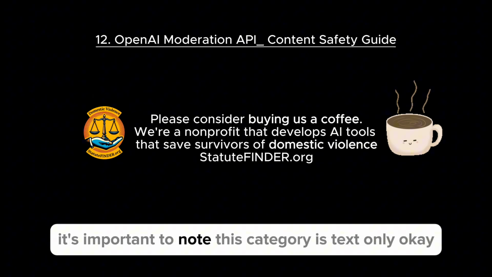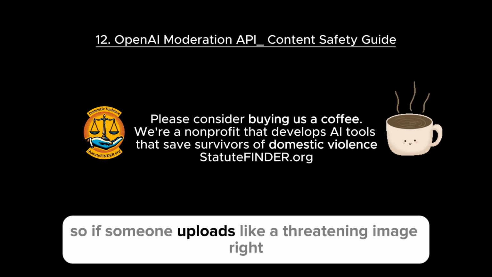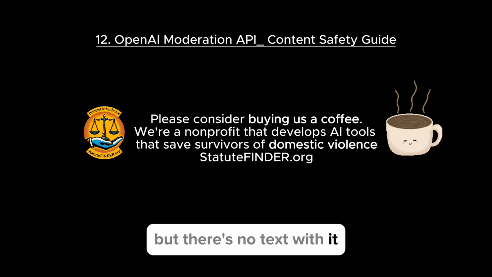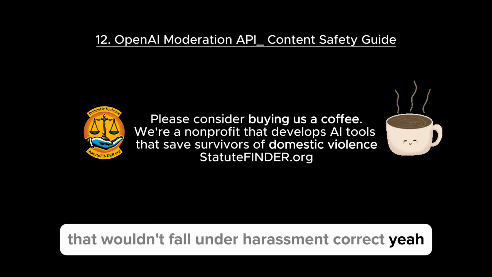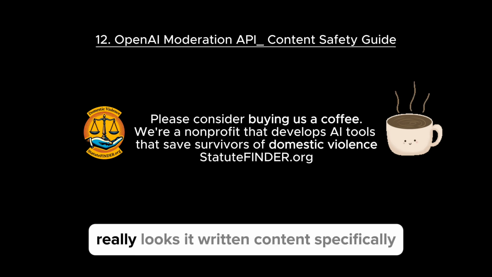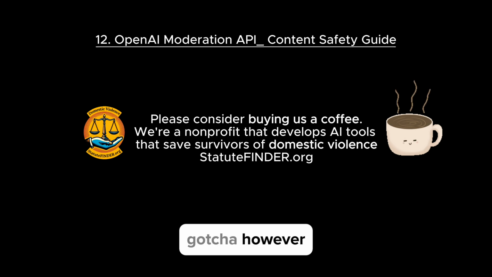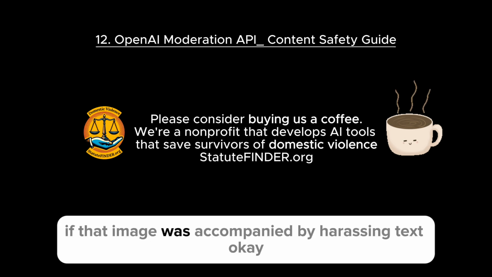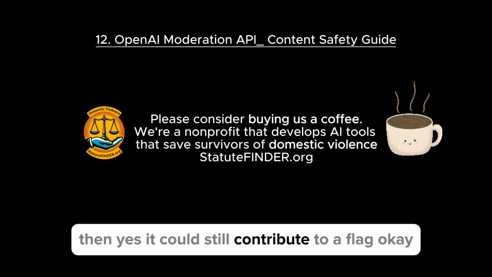It's important to note this category is text only. So if someone uploads a threatening image but there's no text with it, that wouldn't fall under harassment. Correct, the harassment category really looks at written content specifically. However, if that image was accompanied by harassing text, then yes, it could still contribute to a flag.